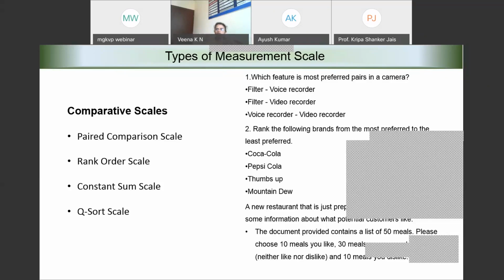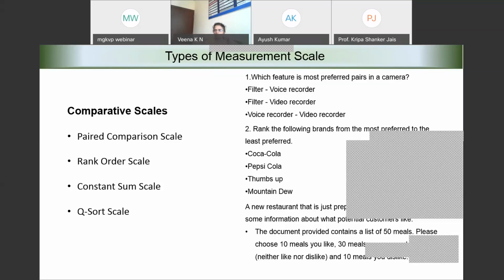Then I will know which is the top 3 and the bottom 3. When I collate all the responses together, I will know what are the top 3 preferences and the bottom 3 preferences. Thereby, I'm trying to categorize the products based on preference into 3 categories: most preferred, moderately preferred, and the least preferred.